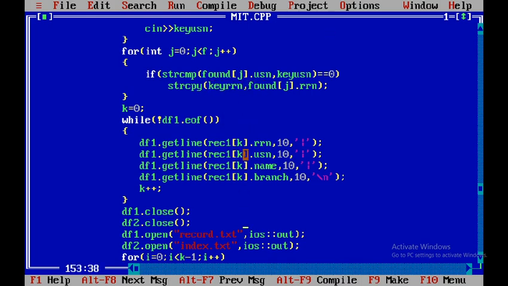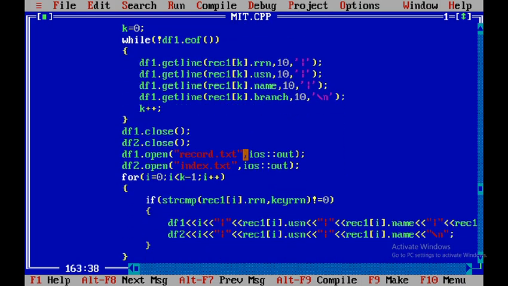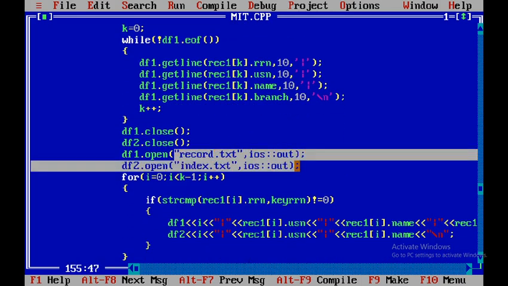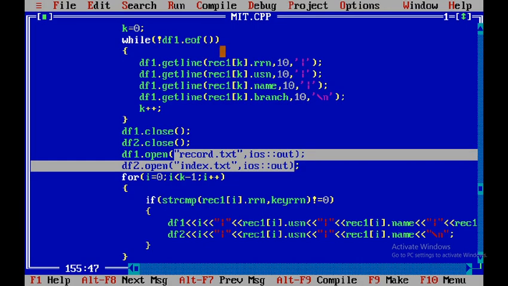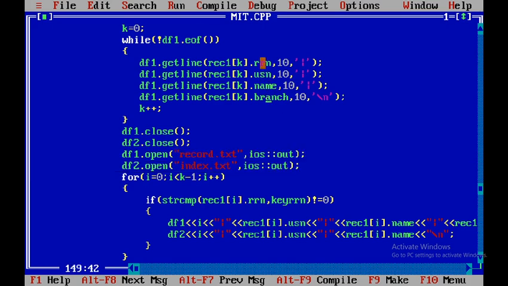Now how to do that? It's a very simple task. Open both the files in write mode. As soon as I do this, what has been stored in the old files will be truncated. See, all this content will be removed. Now do what? If string compare, see everything is unpacked here in the temporary memory of your temporary object, right? That is REC1 of RRN, that is 0. USN is 1, name is Arun, branch is IS. Again RRN value is 1, USN is 2, name is Arjun. So this way things are unpacked, all 3 records.